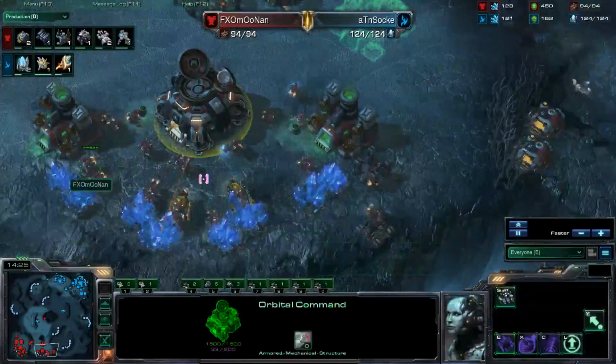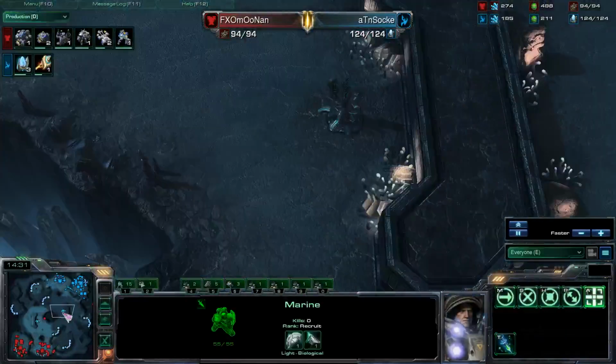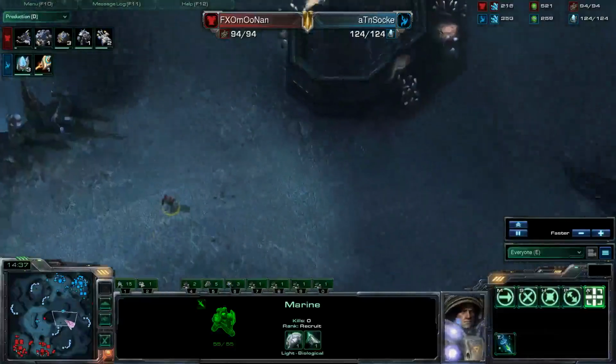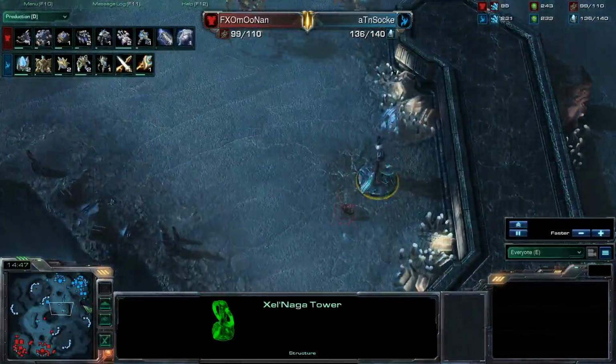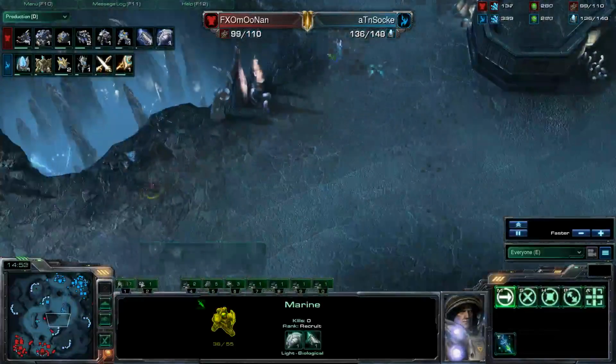It's been up for a while, obviously. It's fully saturated here. Stimming a Marine, just go run to the Xel'Naga tower probably and see what's going on. In that Marine, all the stim, look at that, lasting almost all the way to the Xel'Naga tower. And now this Marine sees everything stimming away, saying, "Oh crap, I have to get out of here," and running from